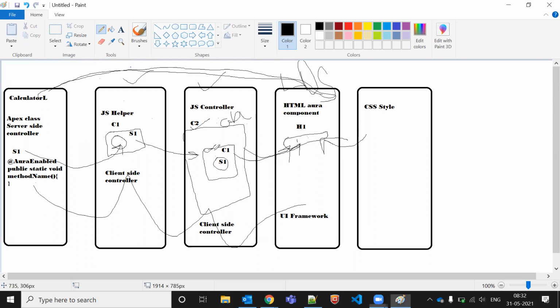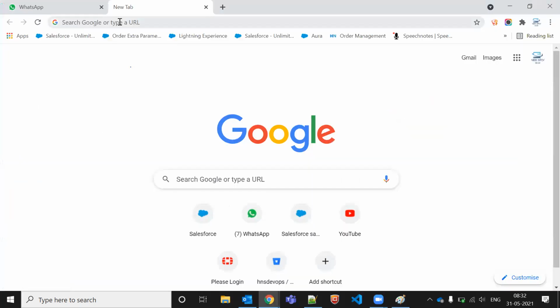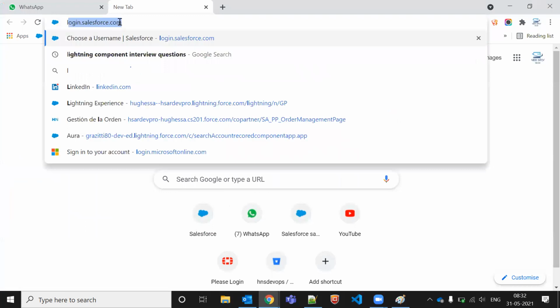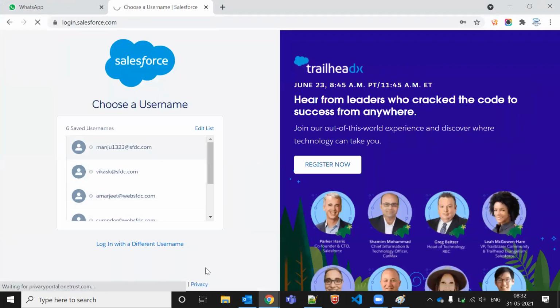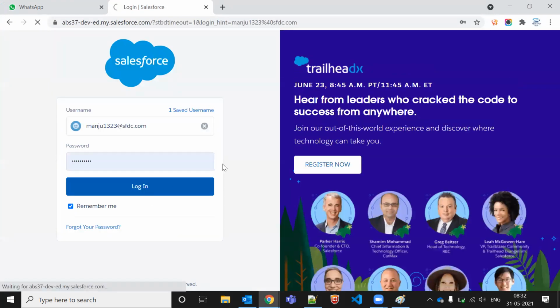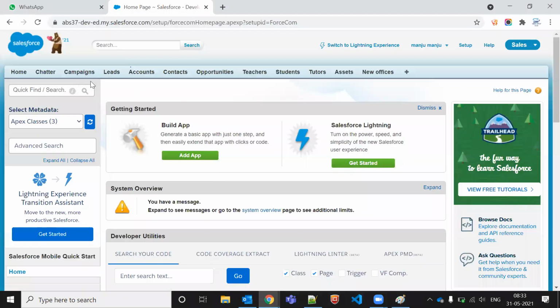So this is my high level scenario which we generally use. Now let me show you how to create a Lightning component and what is required to perform it. Generally, we create an Apex class while fetching records from the server side. Means while creating a Lightning lead component or account component, only in that scenario we use an Apex class, no? If we are discussing our database, that's what I am saying.